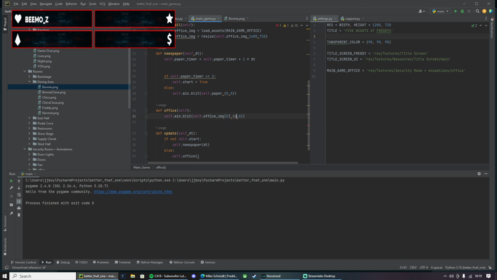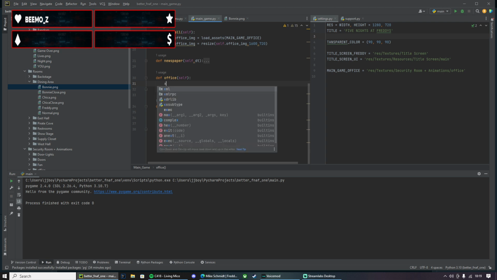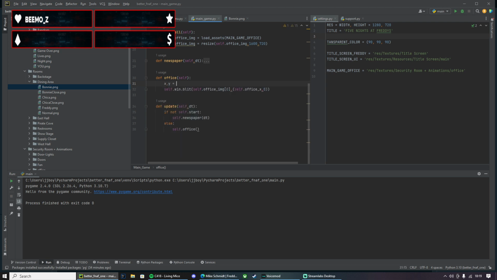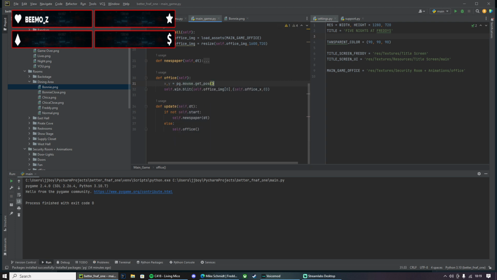Self dot office X. We need to do the X and Y. Actually, let's just get rid of this so you can't be blinded. X comma Y equals pg dot mouse dot get position. And then we have to do some maths. That's brilliant. I love maths.